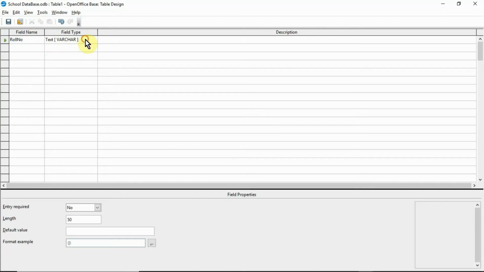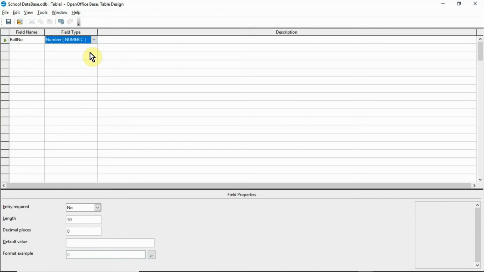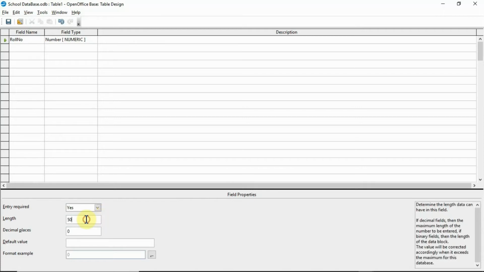And then select the data type, and if you want to enter the description you can, and then select the entry required, yes, and length 3.